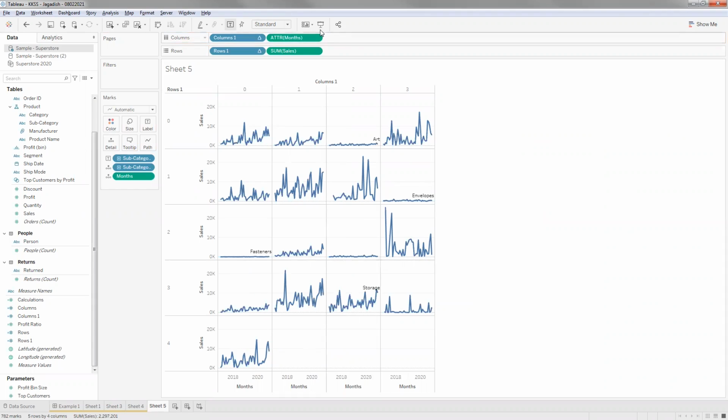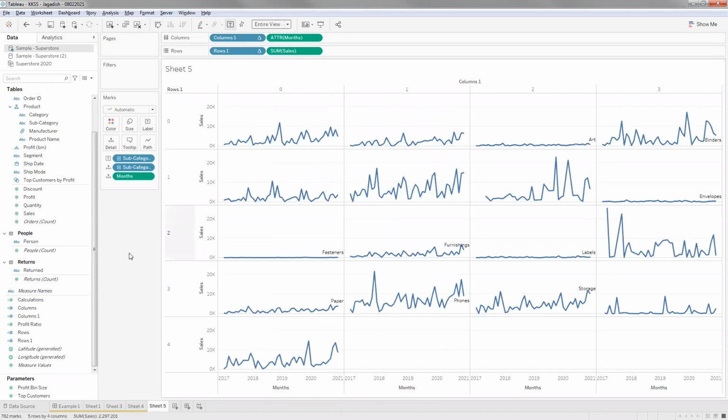So when we change the months field to attribute of months, what it's trying to tell Tableau here is, if you see that missing values have changed. For example, this is bookcases, and here we have January and we have March, but February, since it's not there, it's not pulling up any other subcategory data for February.